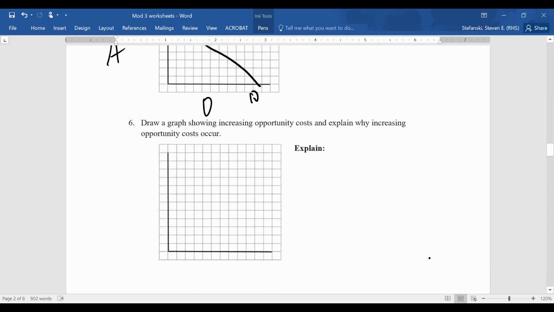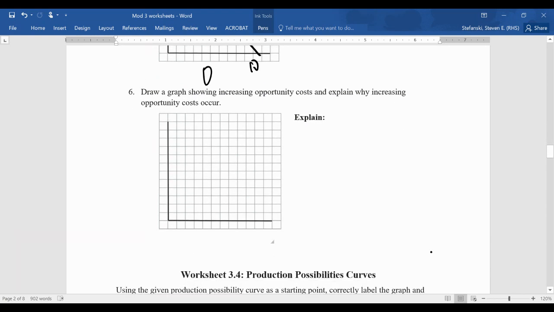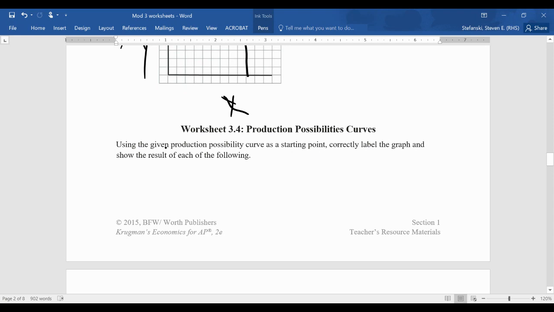Okay. The next one asks you to draw an increase in opportunity cost. So that's going to be more like this: increase in opportunity cost. This occurs because it's not easy to go from whatever this product is. We'll call this X and Y, right? Or actually, oops, this is the X coordinates, this is the Y. Going from Y to X is not easy. So you get this roundedness and this steeperness, right? Because it's not easy to go from one to the other. Okay. So that is